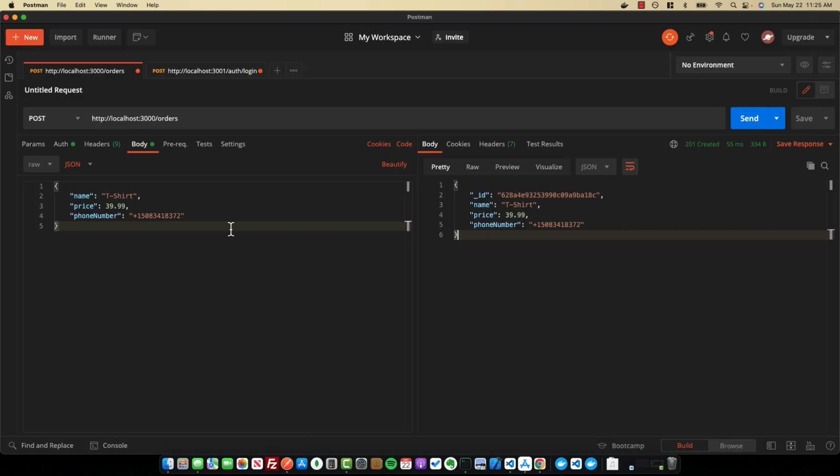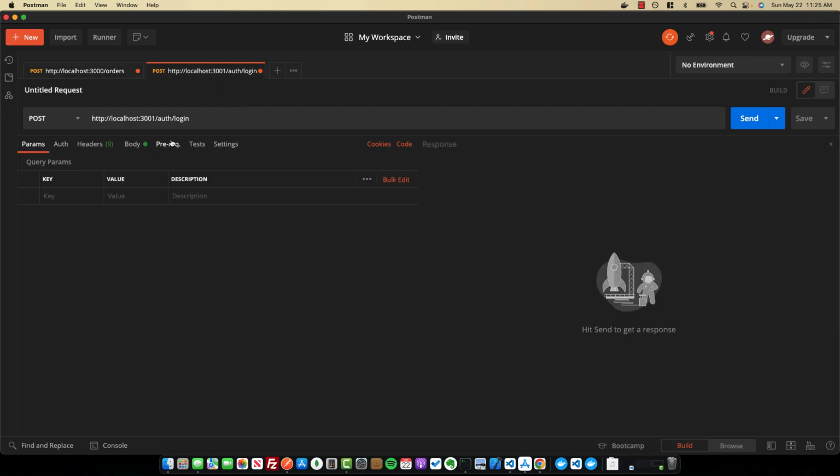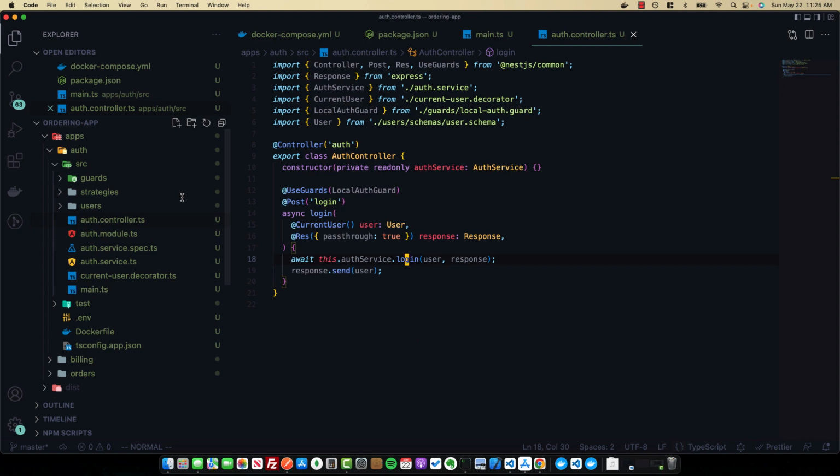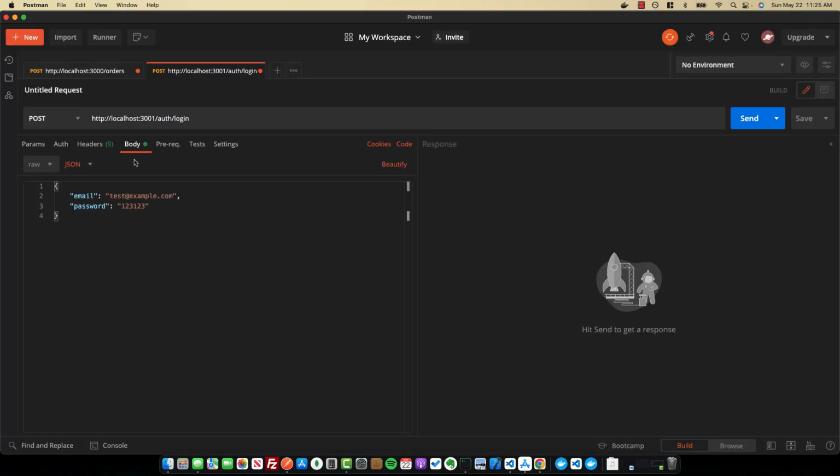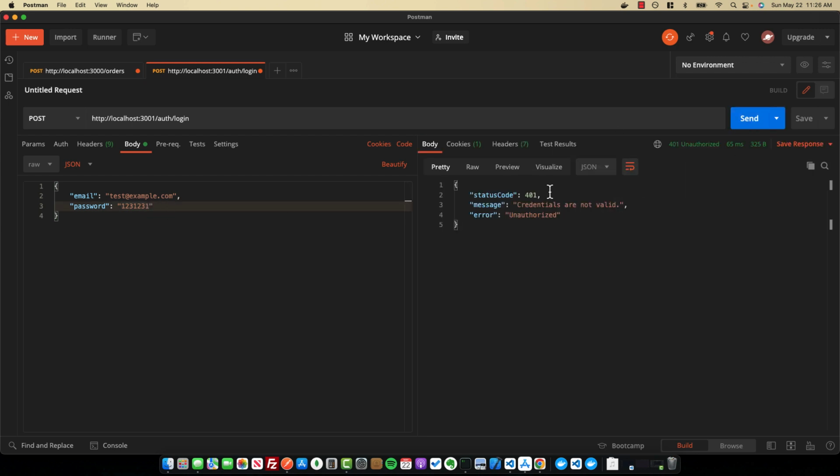So now we should be able to open up Postman and launch an HTTP POST request at localhost:3001/auth/login. And of course, this will correspond to our auth controller here, where we have auth/login, and we can see I have a body here where I have an email and a password. Now if I go ahead and send this request, we can get a 401 response